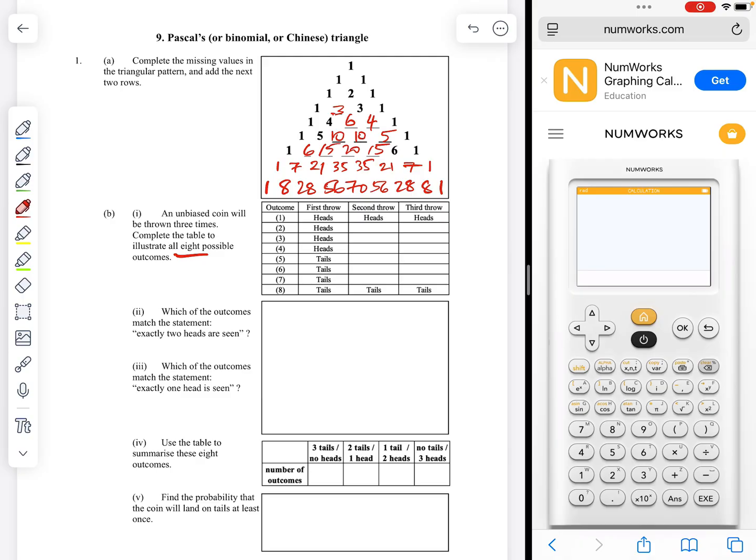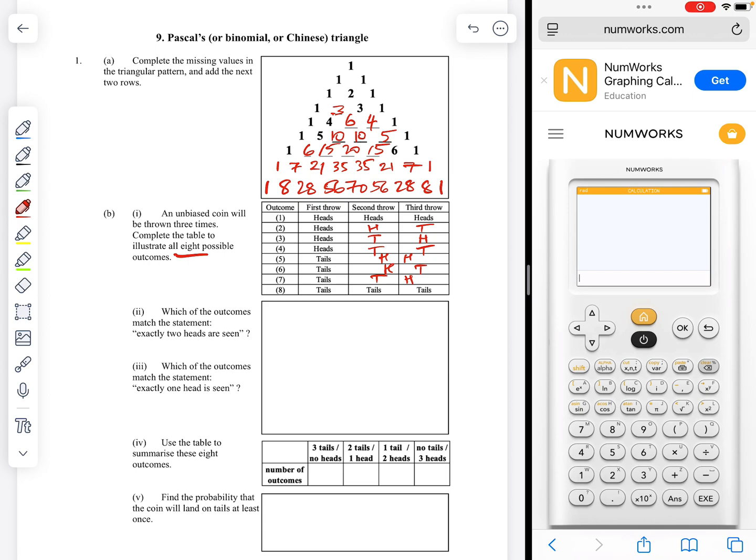So we could have a heads for the first throw, and then the second throw is heads and the third throw is heads, or we could have heads and then tails, or heads and then tails and then heads, or heads and then tails and then tails. Or instead of heads followed by this pattern, we could have tails followed by the same pattern. Heads, heads, heads, tails, tails, heads, tails, tails. There are 8